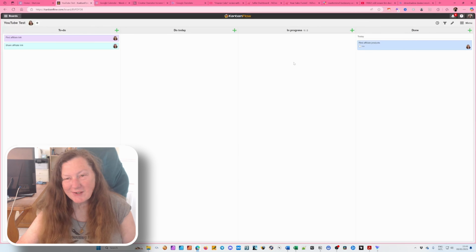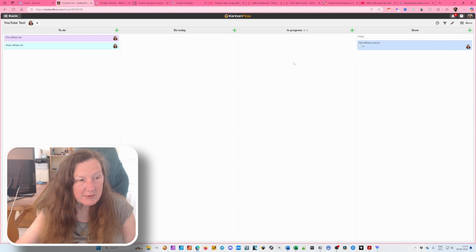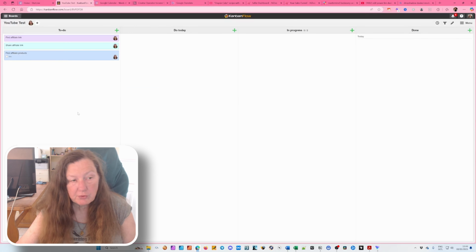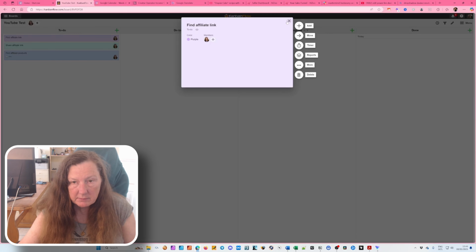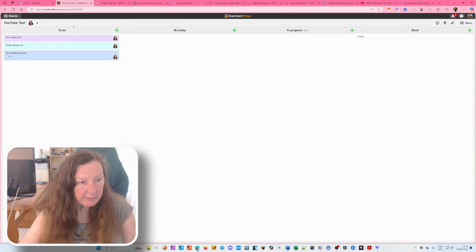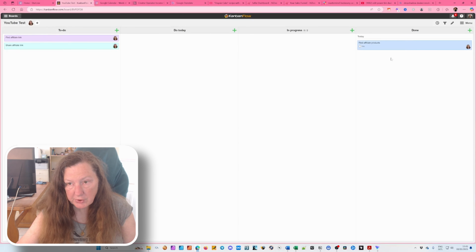This is how I use Kanban flows for I don't know how many years. And it's just the last week that I discovered that you can do even more awesome things to it. So let's look at that now. I'm going to pull this back to the to-do list. Let's say I need to do this every day, not just once in this to-do, because if I use it like I did before and it's done, then it's done. You can see it doesn't pop up over here again.